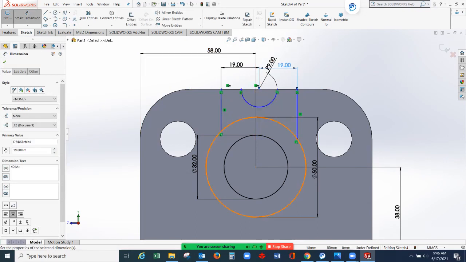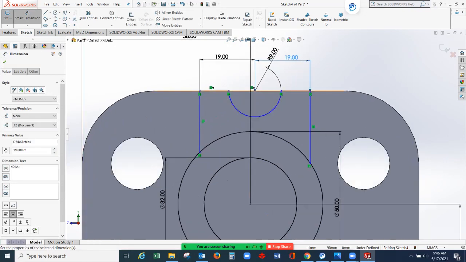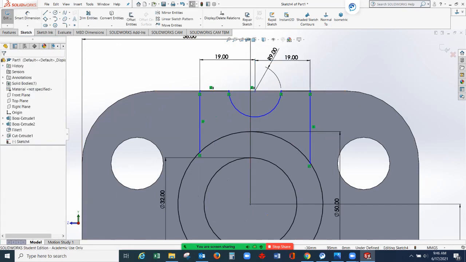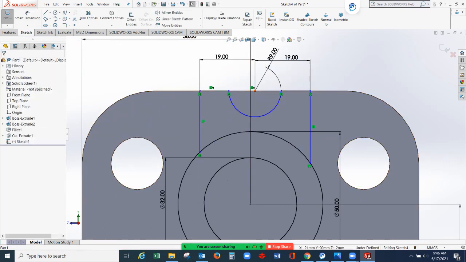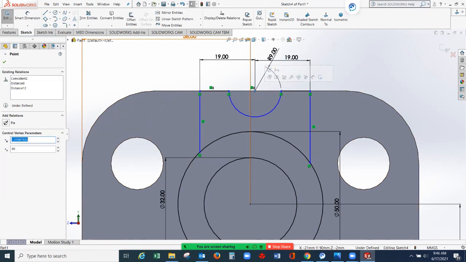So this automatically adjusted, and we need to locate the center. Okay, so this point agrees with this dimension. So this point and the midpoint, press shift on the keyboard, hold it.